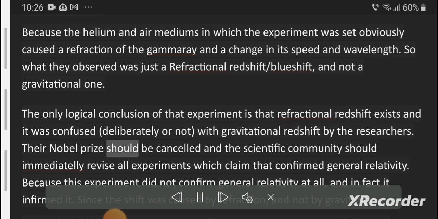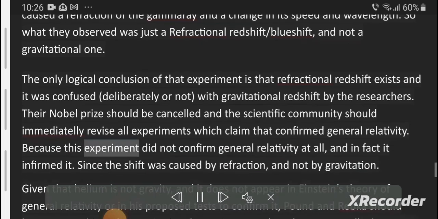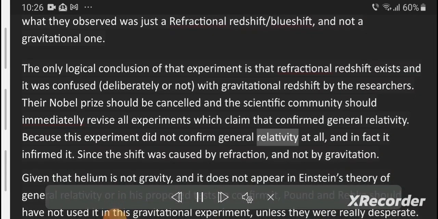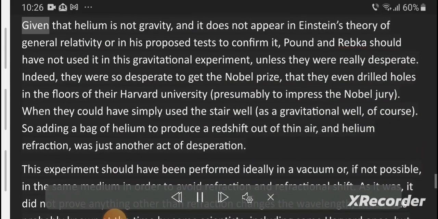Their Nobel Prize should be cancelled and the scientific community should immediately revise all experiments which claim that confirmed general relativity. Because this experiment did not confirm general relativity at all, and in fact it infirmed it. Since the shift was caused by refraction, and not by gravitation. Given that helium is not gravity, and it does not appear in Einstein's theory of general relativity or in his proposed tests to confirm it, Pound and Rebka should not have used it in this gravitational experiment,